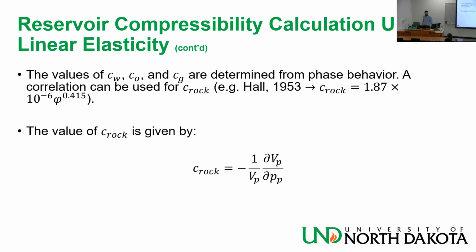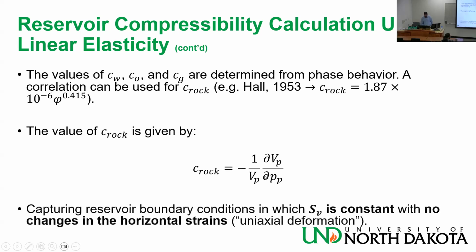The guy ran experiments and found a certain value from the data. I guess he ran more than 200 samples. I didn't read the paper, but probably. So you have a value for it that includes porosity to give you C-rock. The value of C-rock would be given by this, as we said before, the change of pore volume divided by pore pressure, and then capturing reservoir boundary conditions in which SV is constant